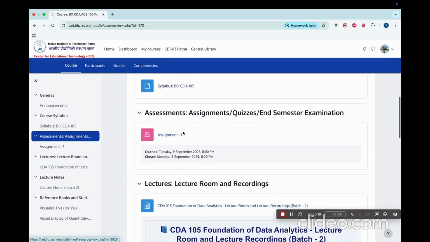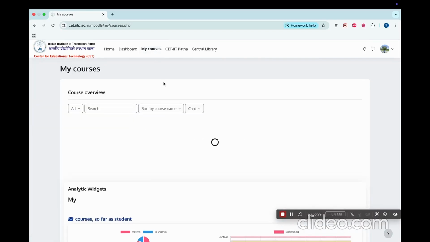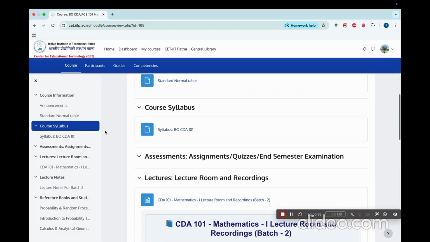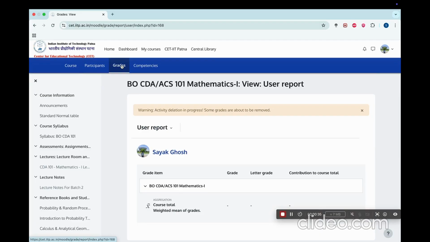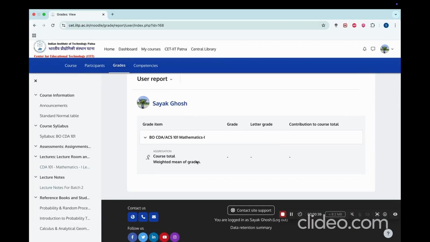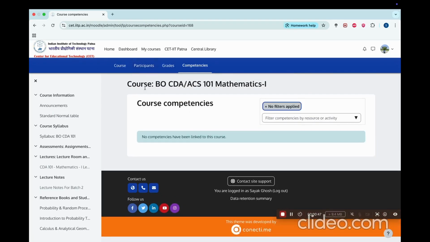Now, another key use of the LMS is for quizzes, assignments, and exams. Since I've just started my first semester, I haven't personally experienced them yet. But I know from seniors that professors upload assignments with deadlines here, and both quizzes and online exams are also conducted directly through the LMS portal. Once I actually go through my first assignments and quizzes, I'll make a detailed video showing the entire process. For now, just remember, the LMS is not just for classes and notes, but also the main platform for all